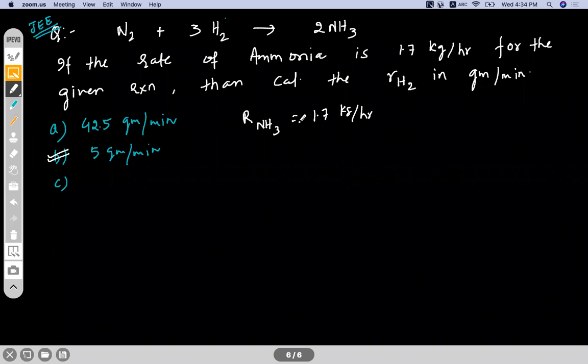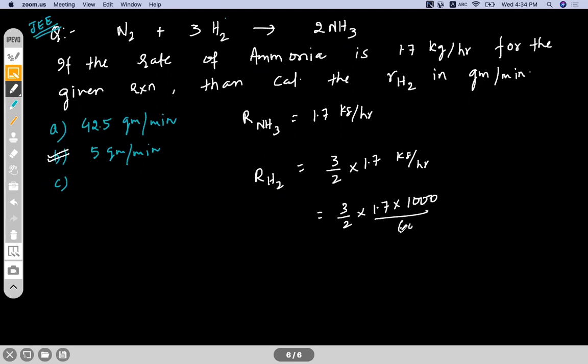And with respect to this, if you find out the rate of H2, that would be 3 by 2 times of 1.7 kg per hour, which you can change the unit: 1.7 into 1000 divided by 60. And when you solve this, you'll get 42.5 gram per minute. But you have to convert it to moles and